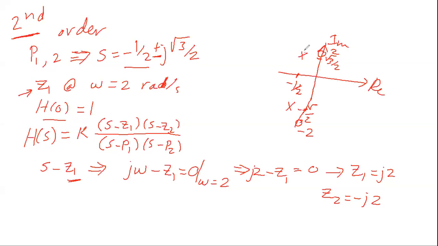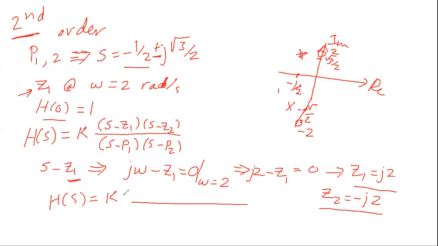If you have one pole here, then you have to have the other mirror one, the complex conjugate one as well. You cannot have one complex pole or one complex 0 and that's it. Complex poles and zeros appear in complex conjugate pairs. So once we know that Z1 is plus j2 and this is complex, then Z2 has to be also minus j2, okay? So that means H of S now equals K